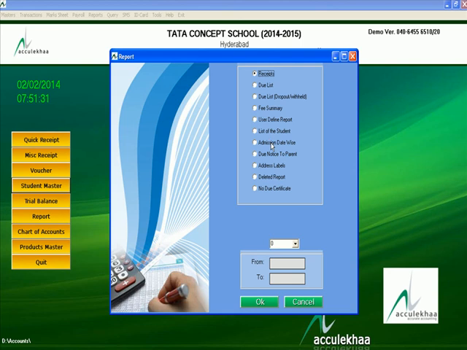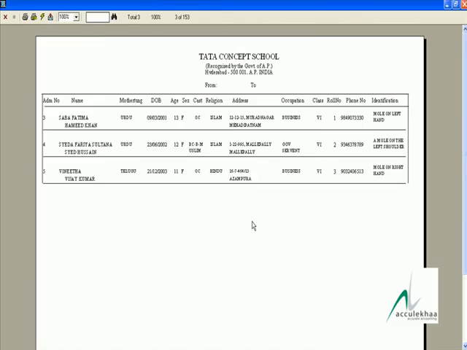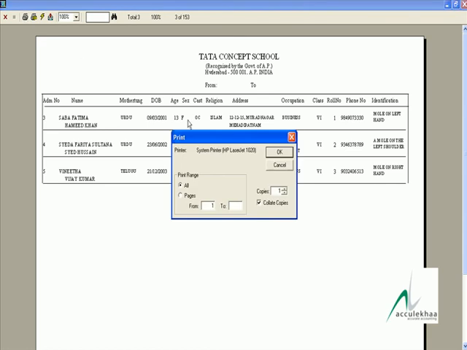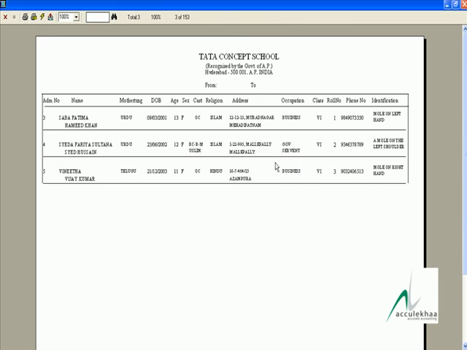In this you can select list of the student, class is equal to 6. According to admission register you will get the data. You can take printout like this.